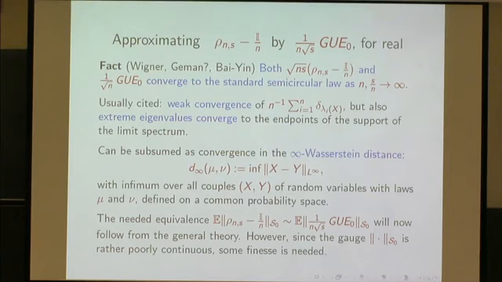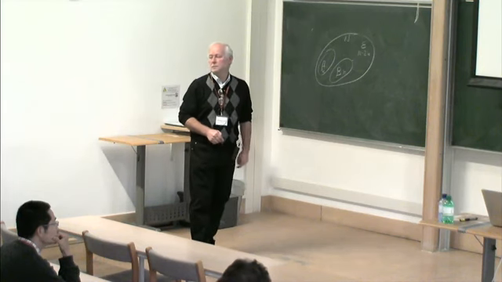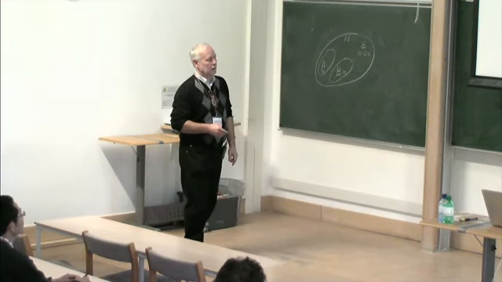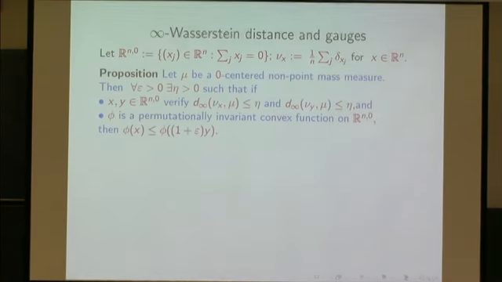Okay, so now this follows from the general theory, once we believe that there is convergence in this Wasserstein distance. And now the last thing that I wanted to point out is that it still is not totally obvious, right? Because even if we know that this and that converge to the semicircular law, Wigner's law, with the semicircular density, so they converge to the same object, so they somehow must be close to each other. Still it doesn't exactly follow that after you apply the gauge, the expectations will follow, and this is because those gauges are not uniformly continuous. The Lipschitz constant explodes with the dimension. So there is some more finesse that is needed, and that finesse is provided by